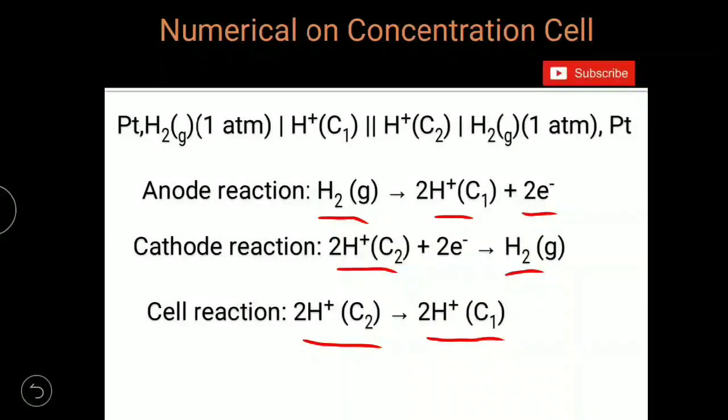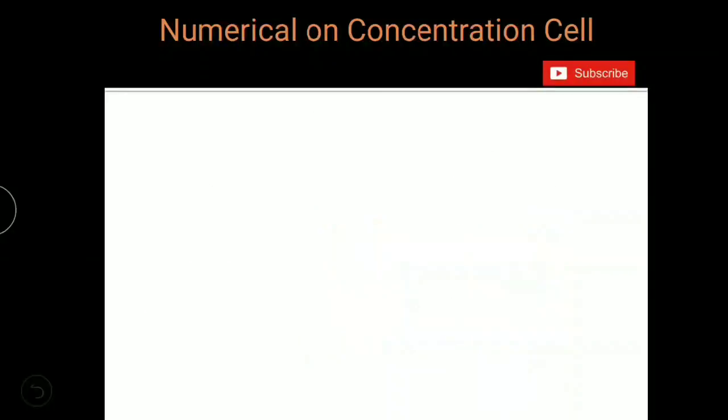And reaction quotient of this cell reaction, QC, is equal to C1 square by C2 square, that is, H plus concentration equal to C1 whole square by H plus concentration equal to C2 whole square. And to find out EMF of this cell, we will use Nernst equation, which is E cell equal to E naught cell minus 0.059 by n into log QC, where n is 2